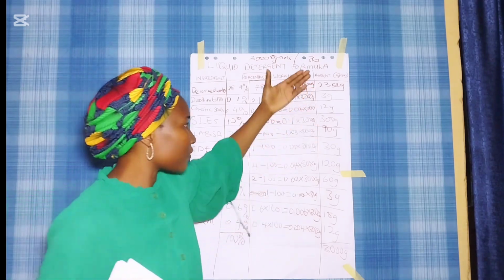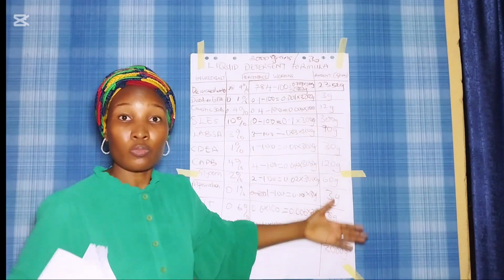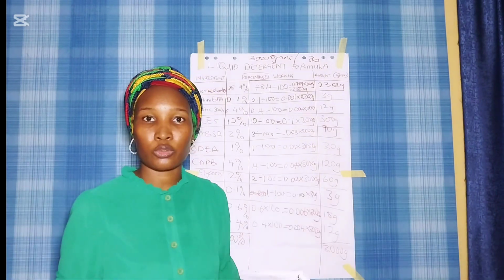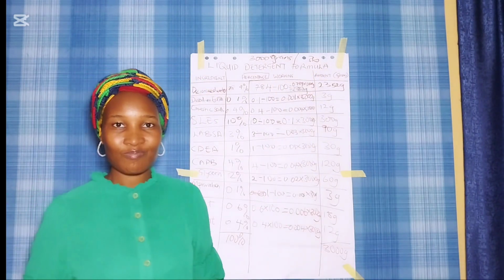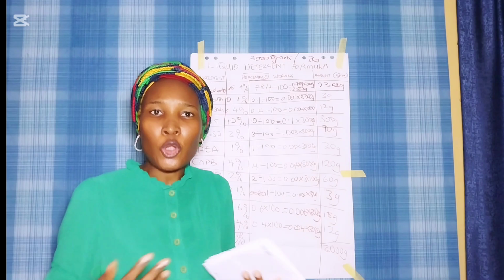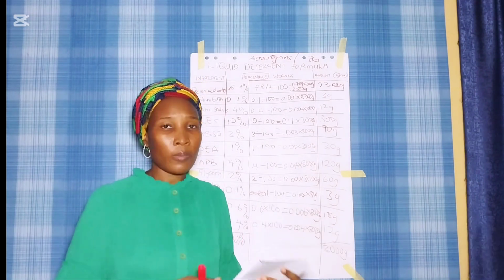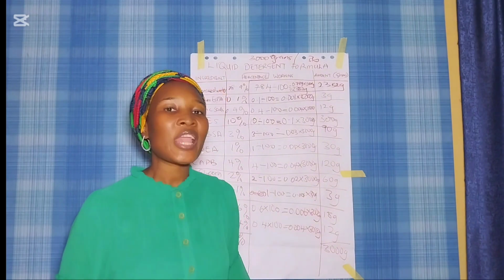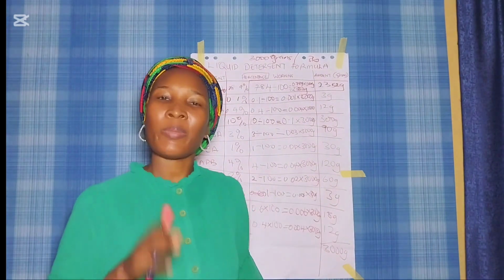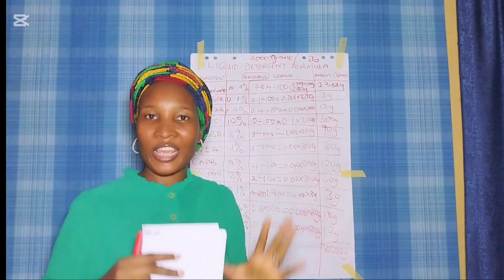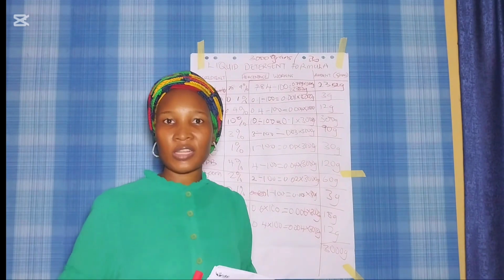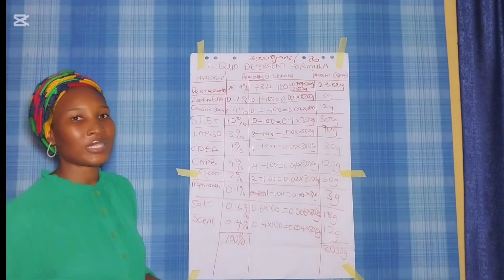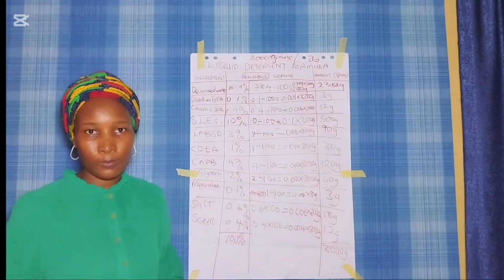And I am also going to shoot a video where I actually use this to make a liquid soap so that you can see how it comes out. You can see the result of this. I hope I have been able to show you how to change from a formula in percentages, to a recipe in grams. If you have any additional questions, please don't hesitate to ask in the comment section, and I will definitely provide more information. However, please take a good look at this, replay this video as often as possible, and